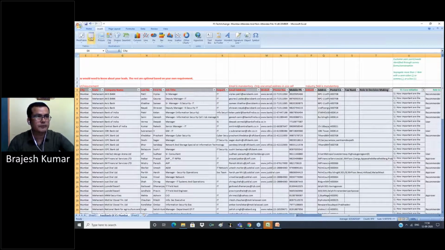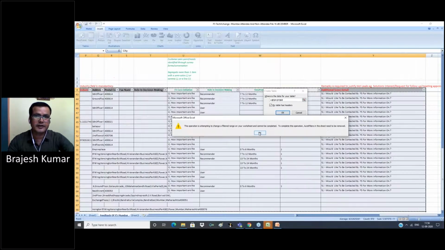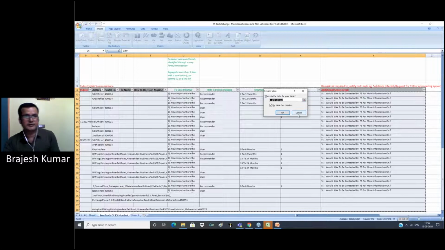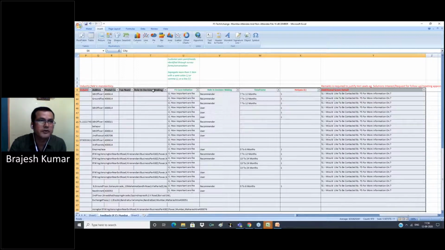Now, to convert data into a table, we select the database, click on Table and click OK. This converts our data into table form.